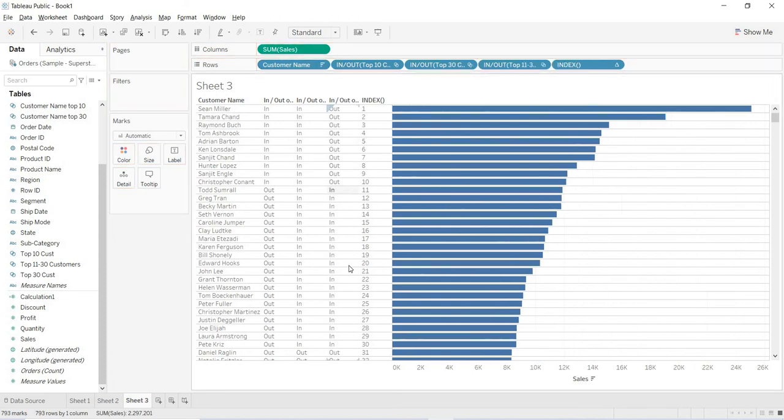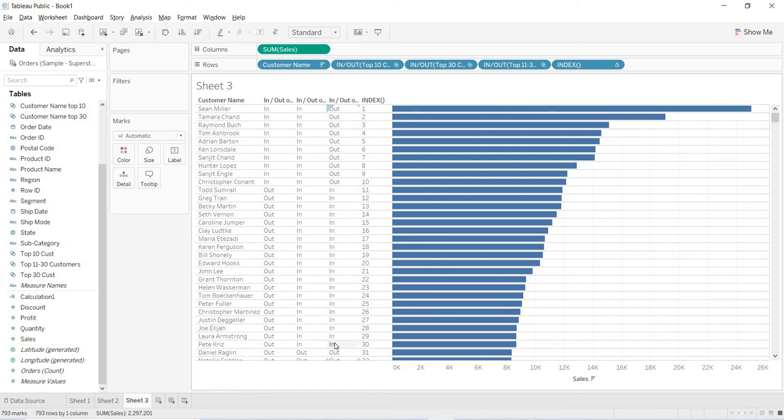From 11 to 30, I have customers in this set. So this set has the top 10 customers, this set has the top 30 customers, and this 11 to 30 set has the customers from the 11th customer to the 30th customer.